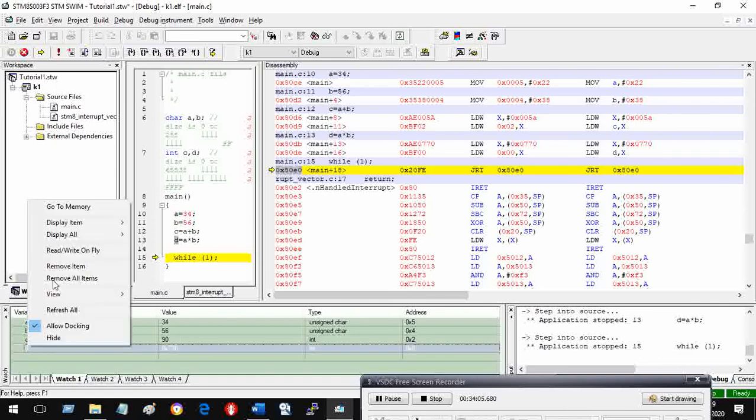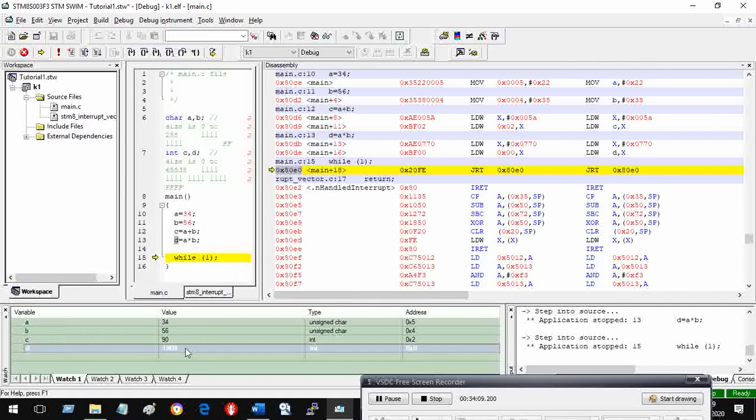Right click, display item in decimal form. So you see the value 1904. So if you multiply 56 and 34, it will definitely come to 1904. Okay, so let me close this,